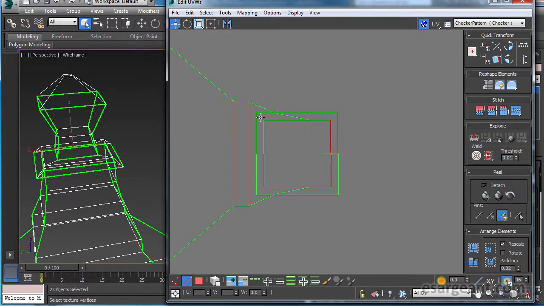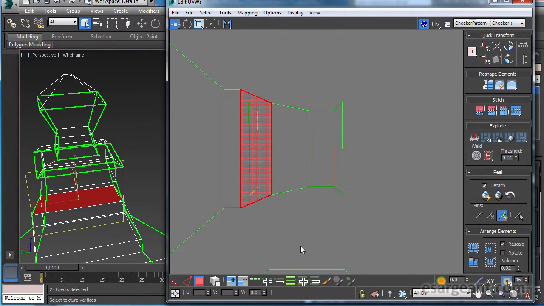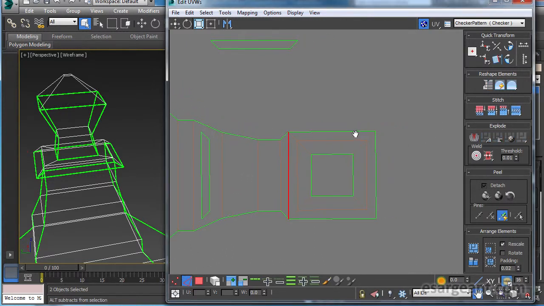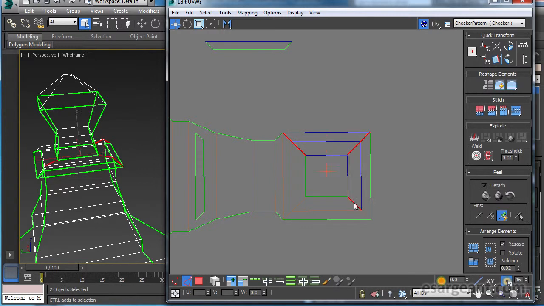So I'll go to my edge tool, grab these sections here, here, here, and here, and then I'll just use my break to separate those. And again, now I can actually just pull these polys aside, and I'm left with just the lip that I want. That piece is left in there. I'll just leave that there for now. So I'll go to my edge mode again, and we'll continue stitching this together. Same thing. There's another lip that we need to deal with. So I'll just control select each of these